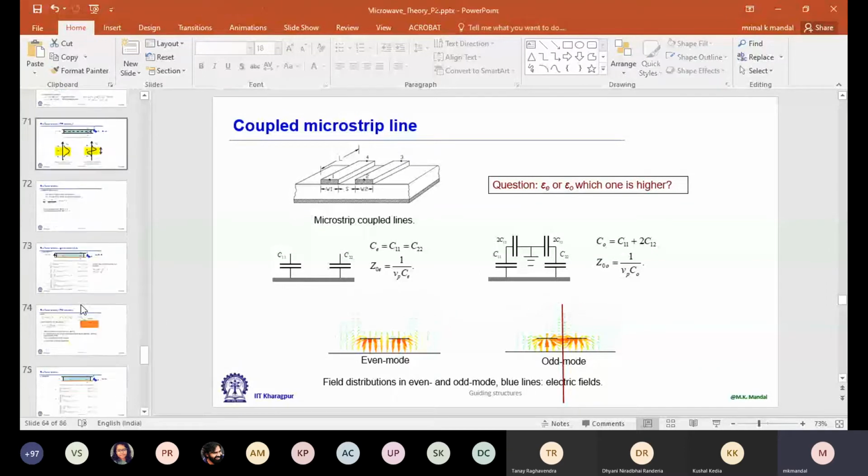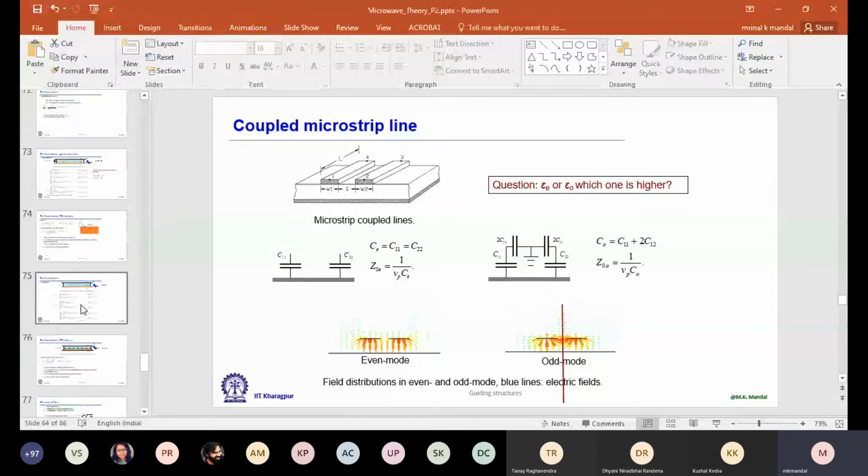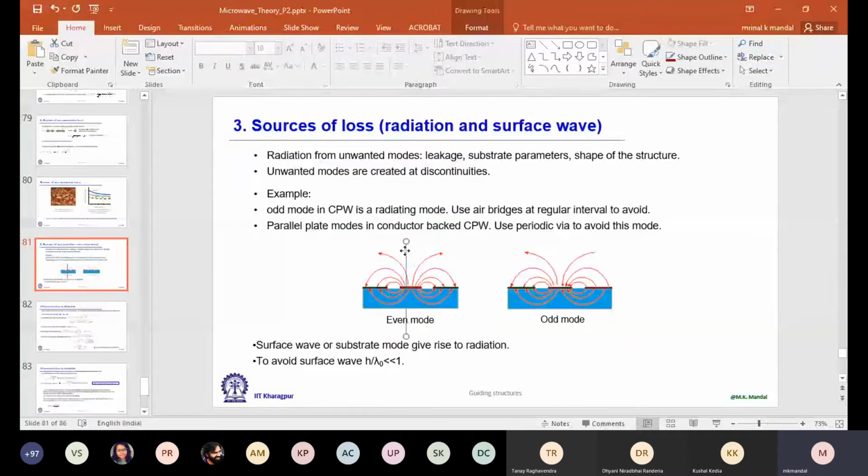So if I use that concept here for the CPW line, this is the even mode. Here I can put the plane of symmetry, right? So this is the plane of symmetry. Well, I can't align it properly, in the middle, exactly. And the electric fields are in the same direction, so this will be the even mode. And if I now put it here, they are in opposite direction, so we have the odd mode. Now the odd mode is the undesired mode. Usually it radiates.